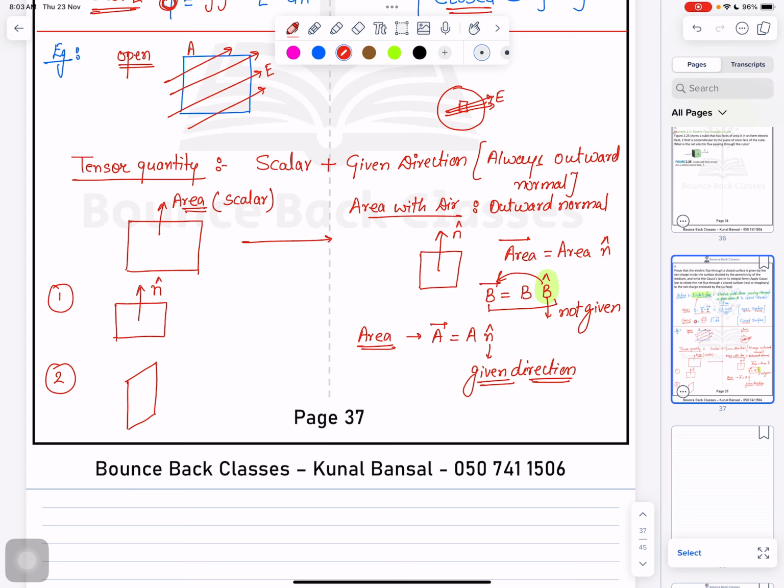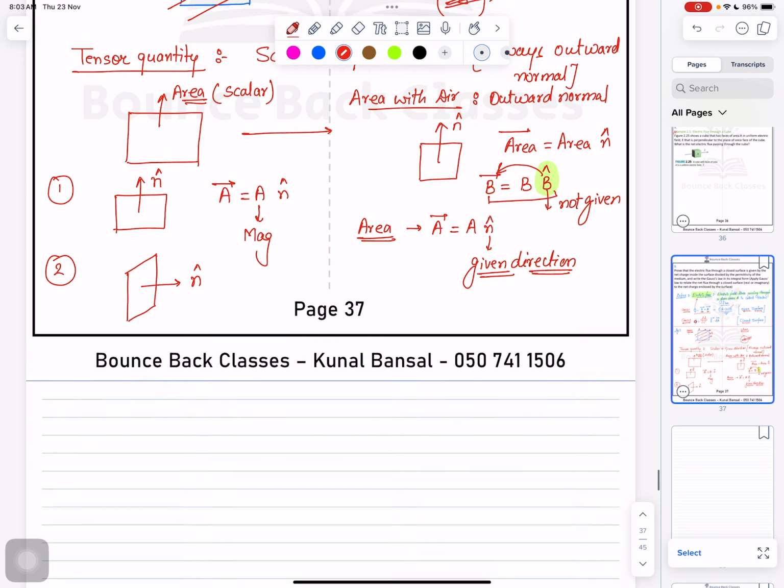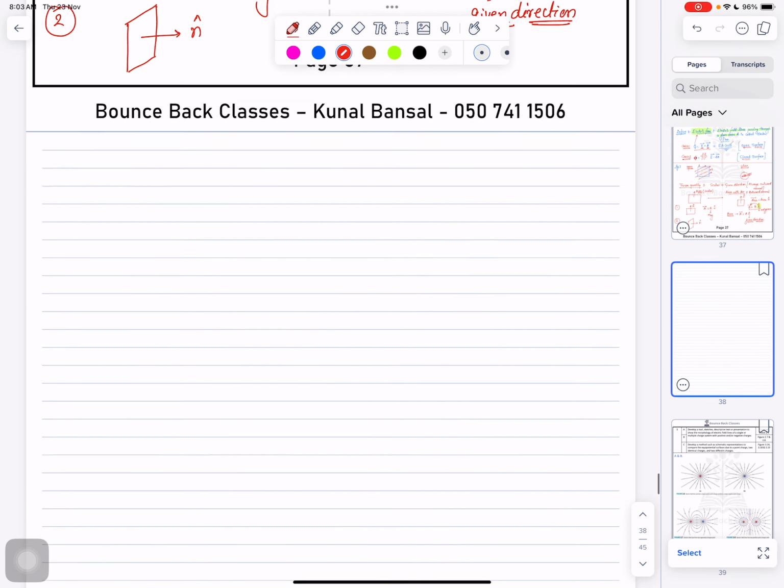So in that case, what is the outward? This is your outward normal. So I can write A vector is equal to A, this is your magnitude, and this is your n cap. Fine? Now guys, we are going to solve two parts, maximum and the minimum